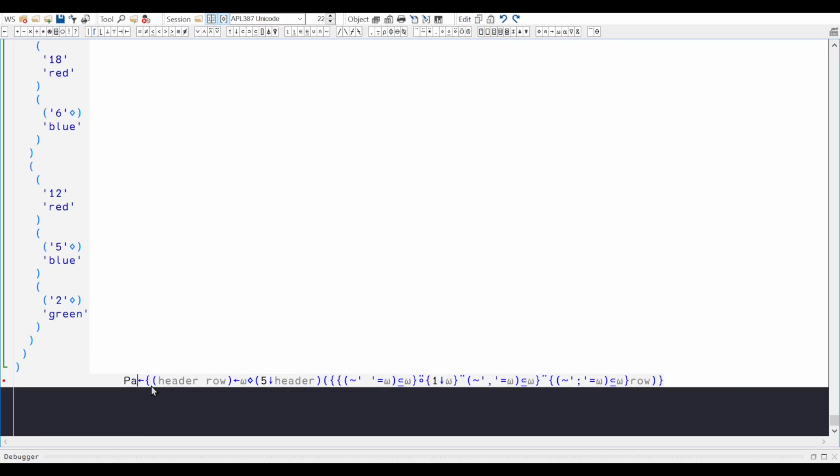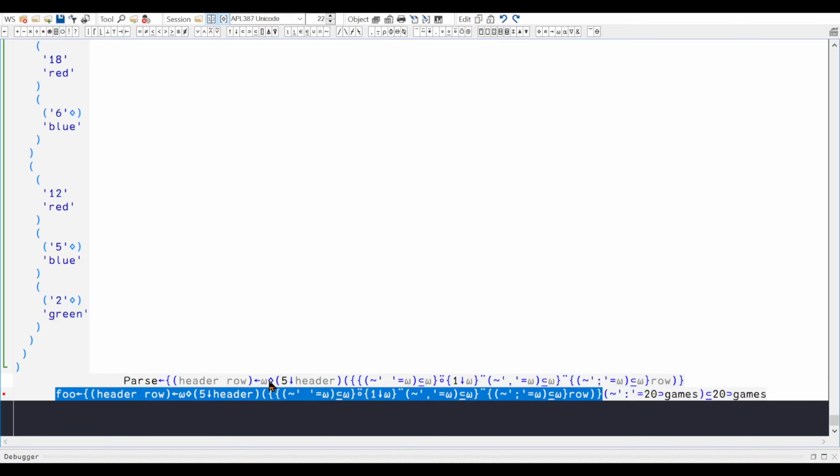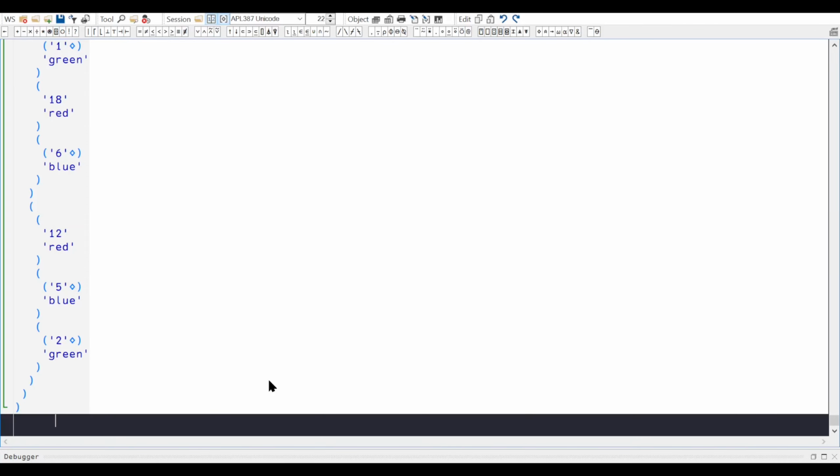Capital F, capital A, capital P, probably even. Row. It knows row. Where does row come from? Row comes from this guy. Okay, good. Parse. Okay. Now if I go game 20, and I do this. Take your time. You'll get there. Okay, parse. Good. We got ourselves a function.